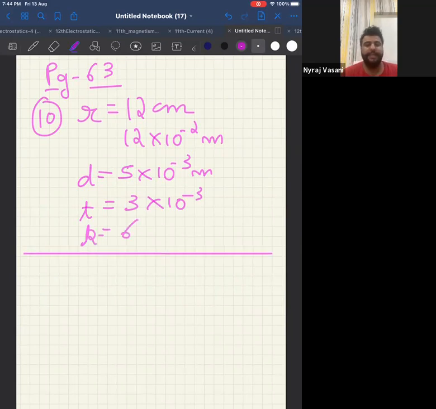Now tell me, which is this case? Is the space completely filled with a dielectric? Is it completely filled with the conductor, or is it partially filled with the dielectric? Because we have three different formulae for three different cases. The first thing is you have to identify which formula will go in this particular question. Tell me which formula will go in this particular case.